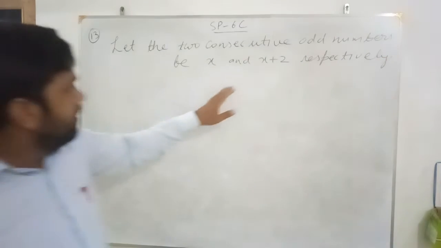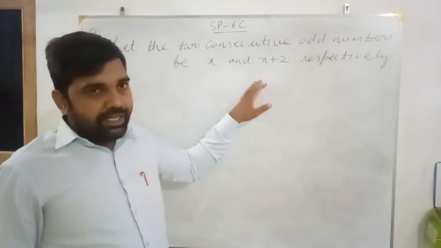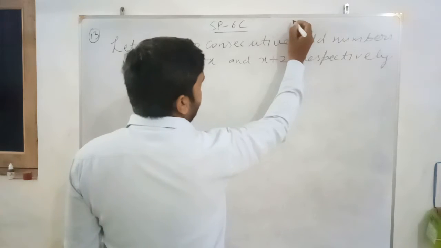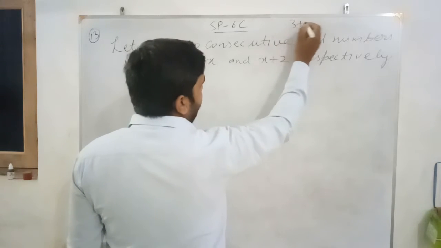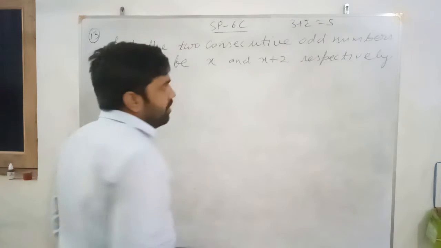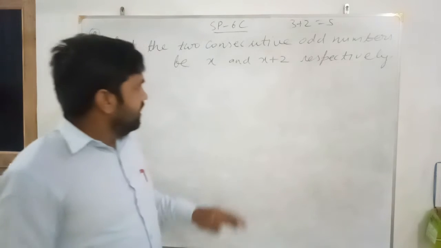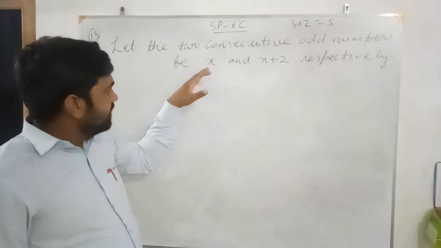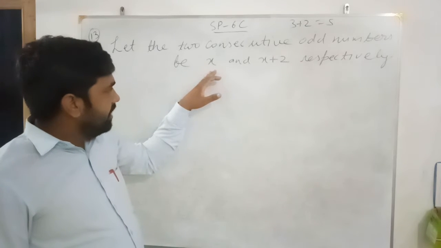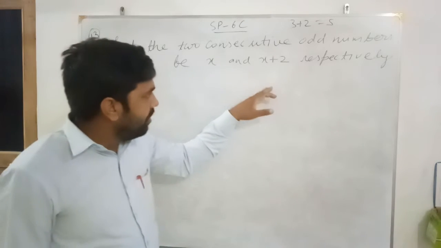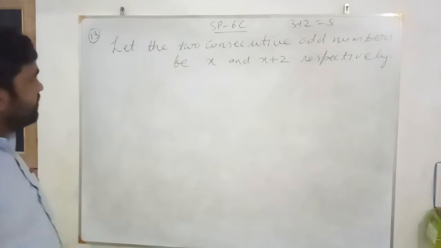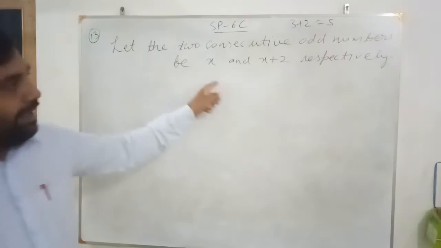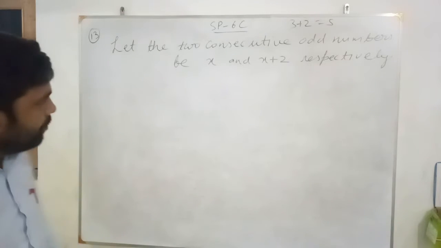If x is an odd number, the next odd number you will get by adding 2. Suppose 3 is the odd number. The next odd number we get by adding 2, that is 5. So here we are not doing that odd number. Let the first odd number be x. Therefore its next consecutive odd number will be x plus 2. So that's why in this question we have supposed that the two consecutive odd numbers be x and x plus 2 respectively. Now according to the question,